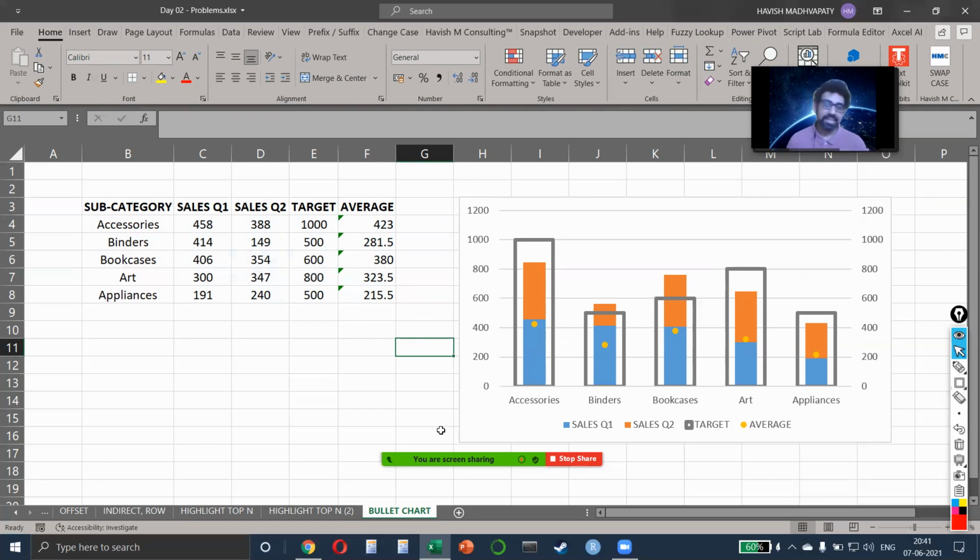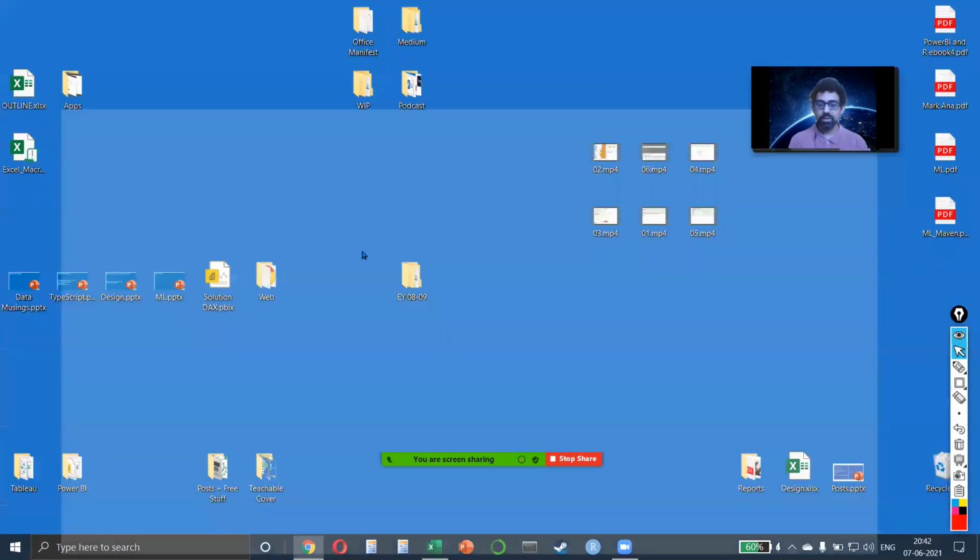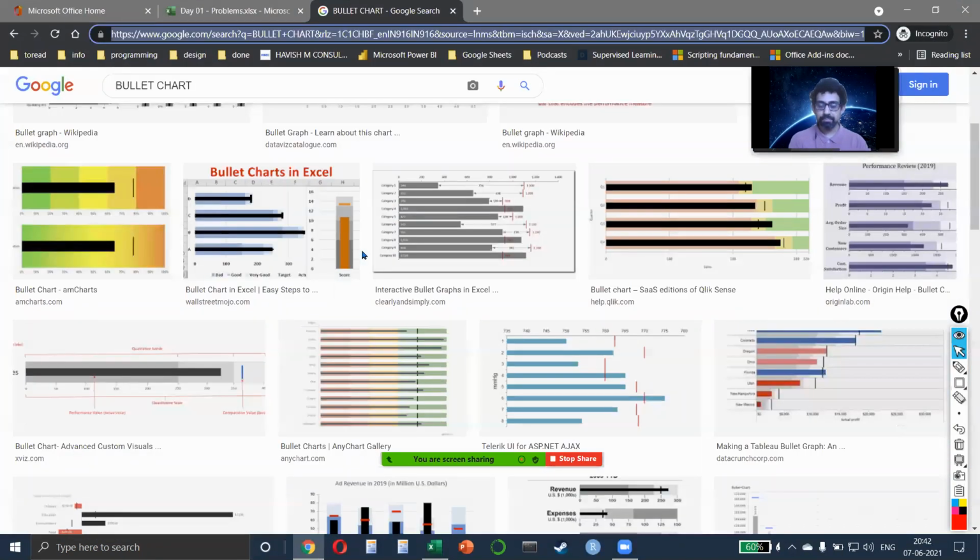Right? So see, like I said, I'm just giving you some additional ideas, but then you really have to come up with your own ideas. And how do you do that? Go online and see what others are doing. The best way to understand how to create charts and what type of charts you should be creating is to simply go online and then search for, let's say,